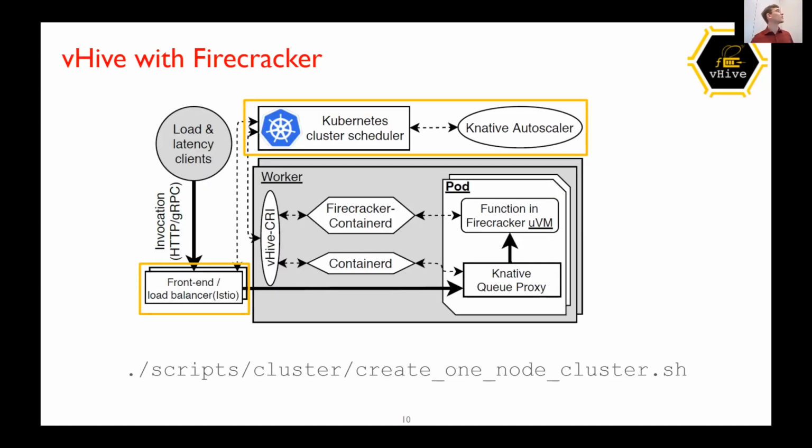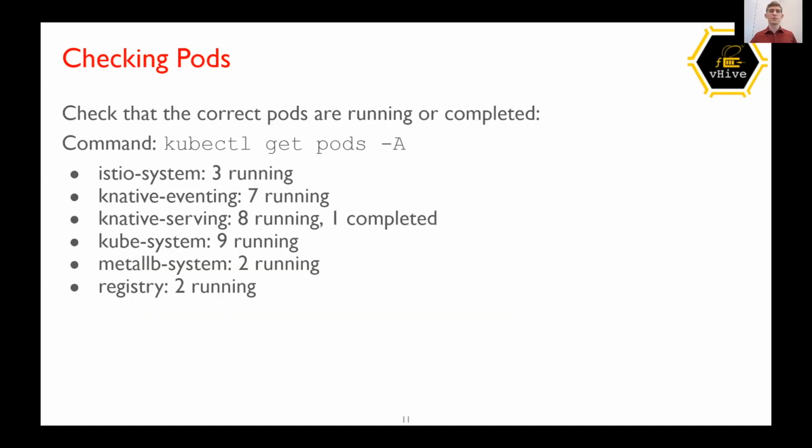So now that we have this, we can check that everything started up correctly. You can do this with kubectl. This is the standard Kubernetes interface. Some of you might already know it. So you should see a bunch of different containers running, specifically Knative eventing and serving, and also, of course, Istio, kube-system, and the others that we need